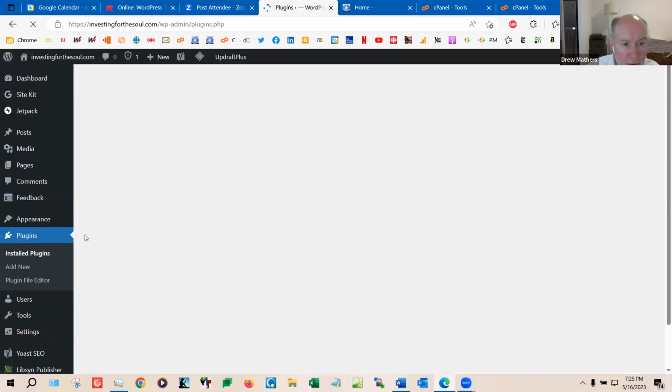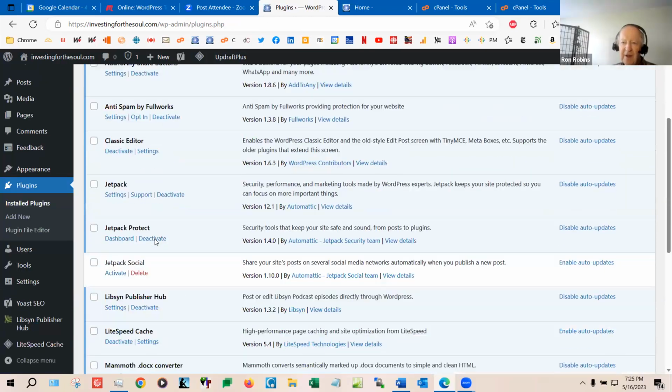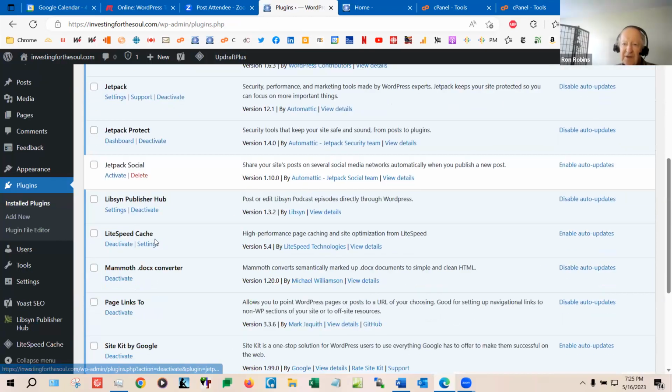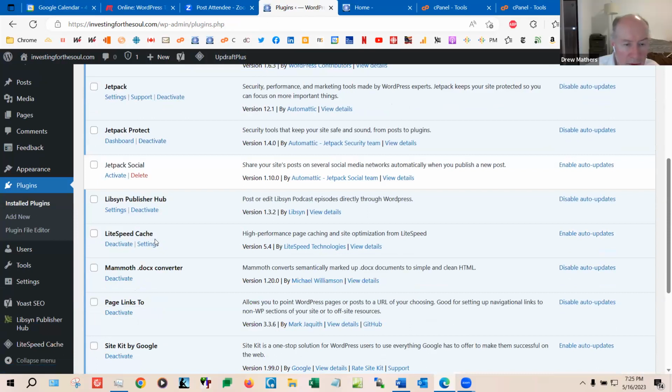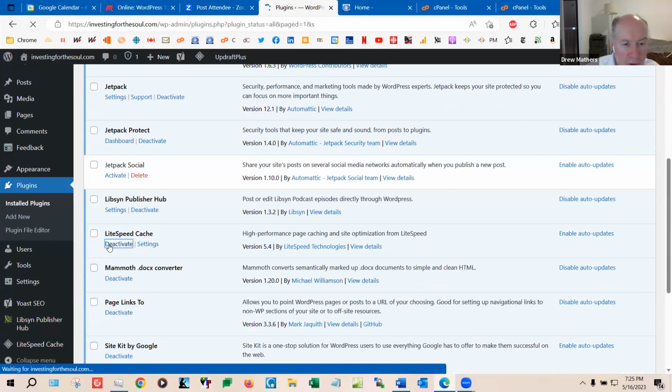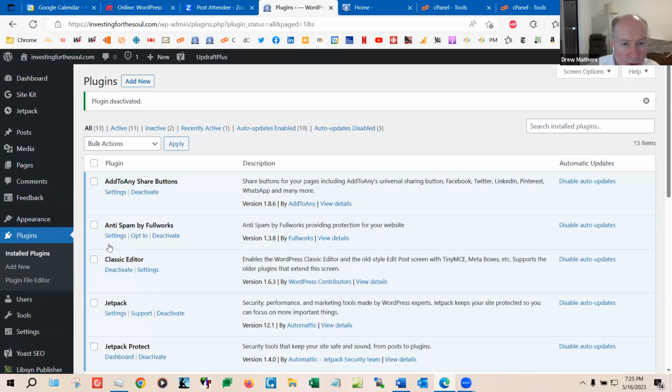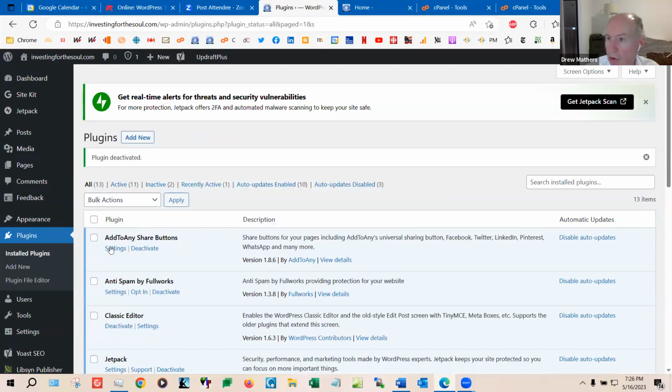Installed plugins. Is this useful? Lightspeed, is that the usual good thing to use? It's a pretty good cache. It's one of the better ones. And we'll deactivate that for now. So I would wait for your host to respond on the caching question that your web developer put in, because I think that's where the answer probably lies.